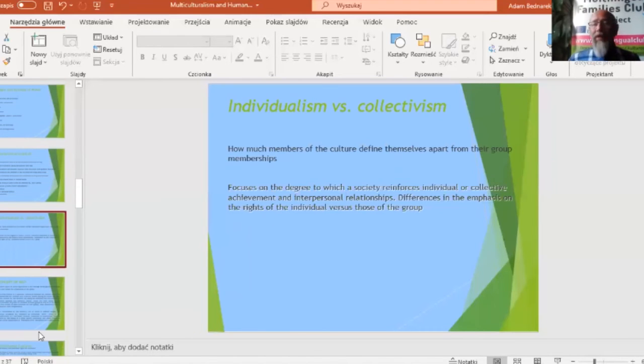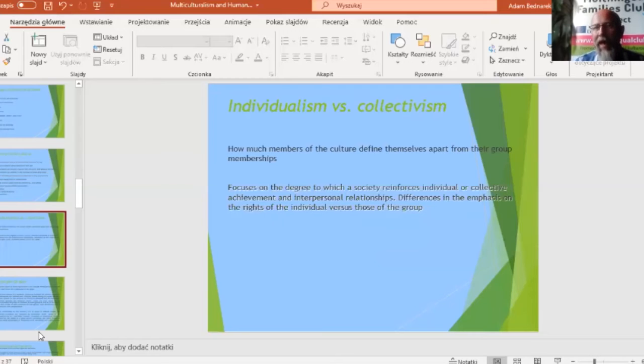Then we have individualistic versus collectivistic cultures. So basically individualism versus collectivism. This is how much members of the culture define themselves apart from their group membership. Even look at your family status, right? Certain cultures, by structure or by, let's say, stereotypical thinking,